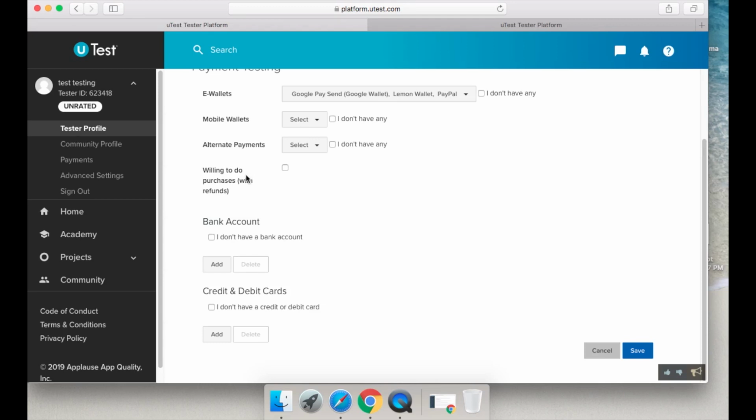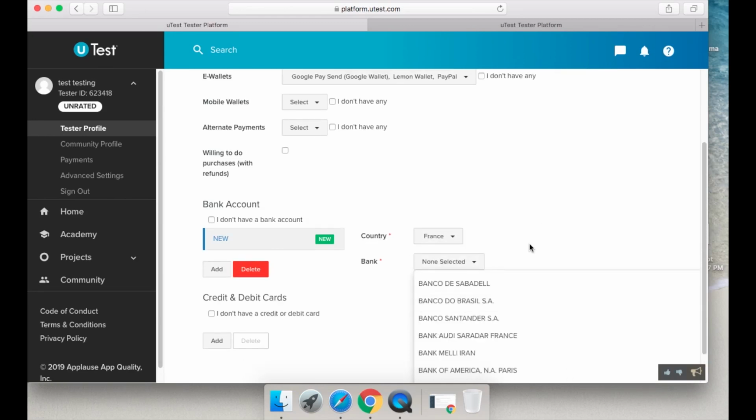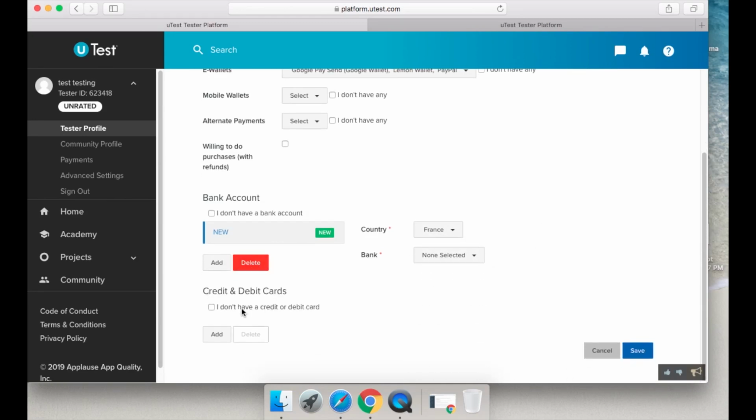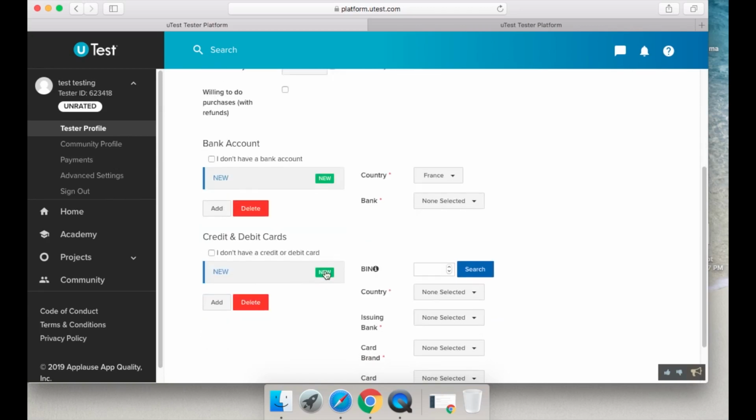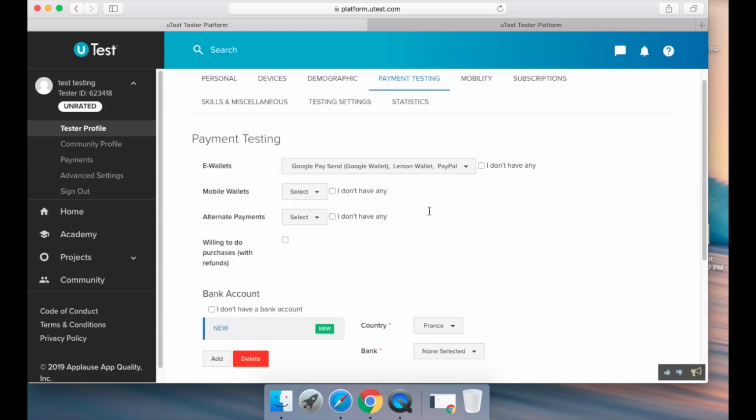In most cases, if they ask you to purchase something, they will refund you, for sure. Bank account, you can add in your bank account depending on the country you are in. You have a list of banks you can choose from. Credit and debit cards, if you would like to add your credit card, you can. It's not going to ask for your card number, I guess. The BIN is the first 6 numbers on your card. If you're not comfortable doing it, it's totally fine. You don't have to, okay?